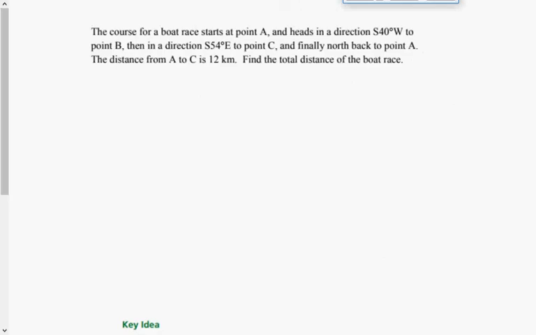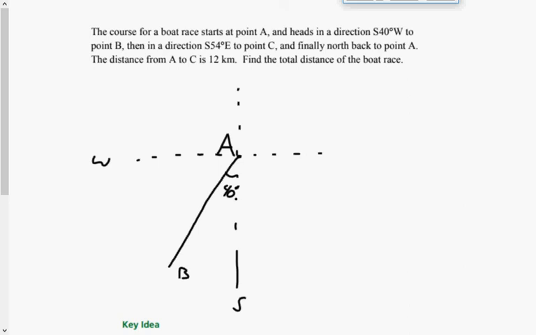All right, so let's try to set this one up now. So here's point A. Now it gives you directions. I'll put point A here. So I'm going to draw a compass grid. I know my first one comes off as southwest, 40 degrees. So I know this is 40. To point B. Okay. And then from point B,